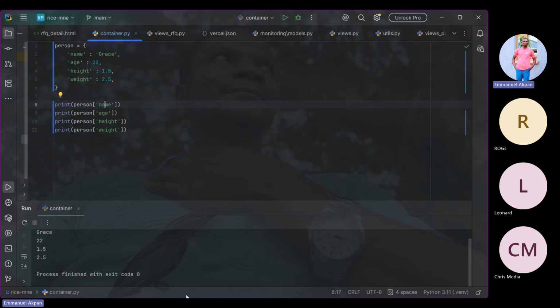Then another way of accessing the element in a dictionary is using the get function. You can use the get method to access the values in a dictionary if you don't want to use the other one. So you can simply say print